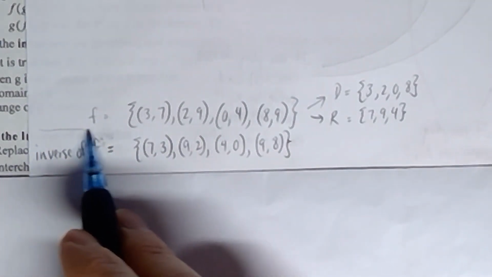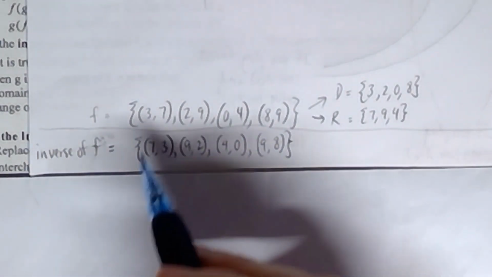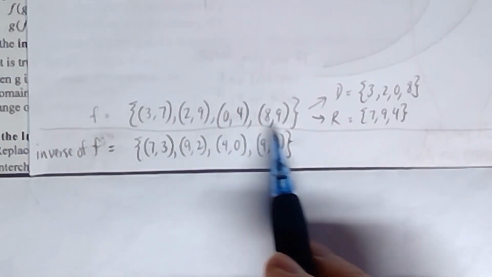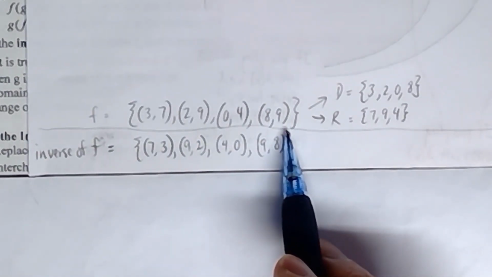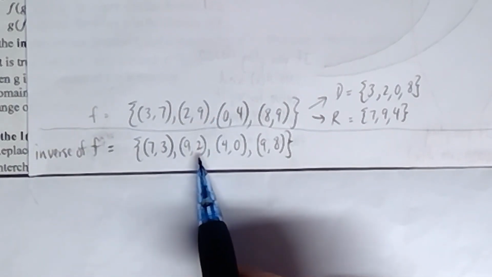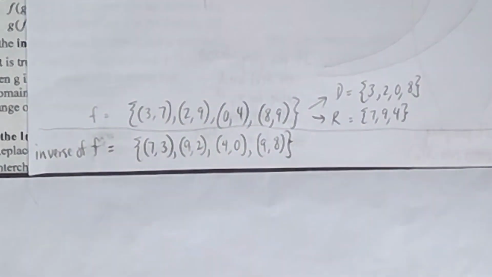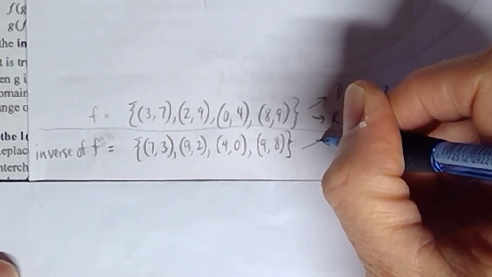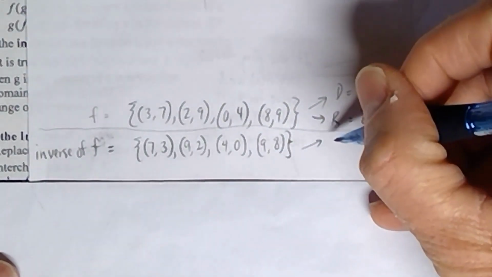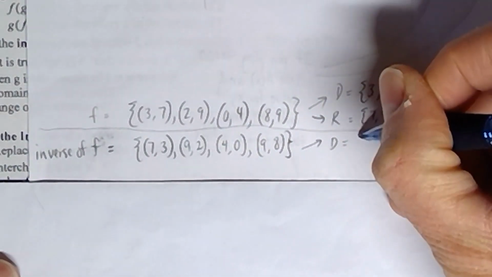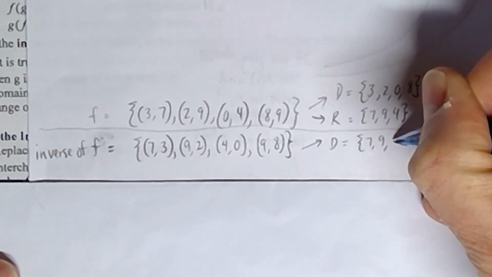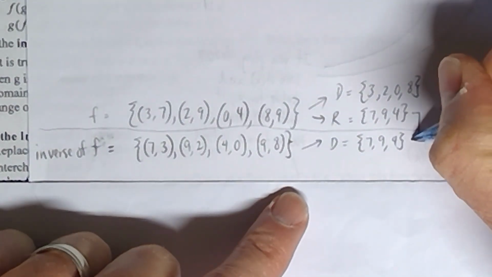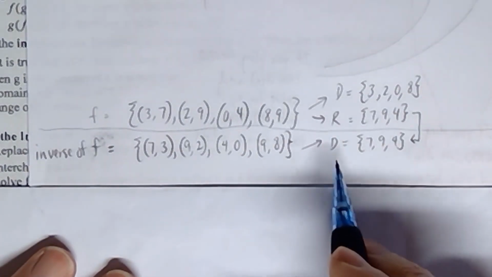But the way the inverse works is like this. You just simply take the x's and you change them to y's, and you take the y's and you change them to x's. In other words, you flip-flop all of the ordered pairs. 3, 7 becomes 7, 3, 2, 9 becomes 9, 2, and so on for the other 2 points as well. Because you flip-flop the x's and the y's, wouldn't it make sense for the brand new domain of the inverse to be the same as the range of the original function, since I'm flip-flopping the x's and the y's? So what was originally the y's is now the x's in the brand new